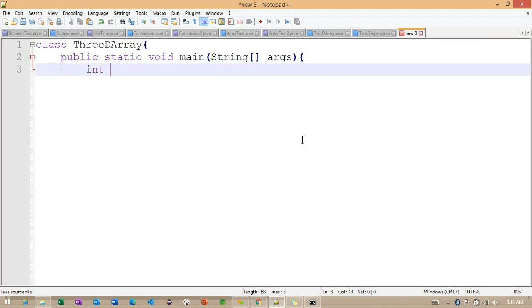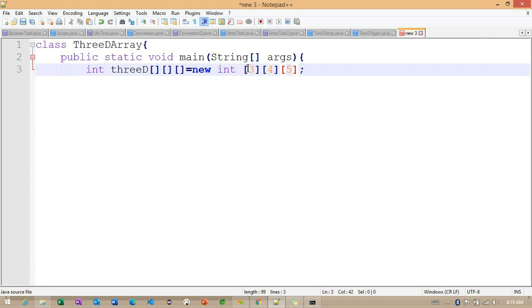So to work with this particular 3D array, how can we define it? We can define it like this. Here we need to define the size. So what sizes am I going to define here? This is 3, 4, and 5.